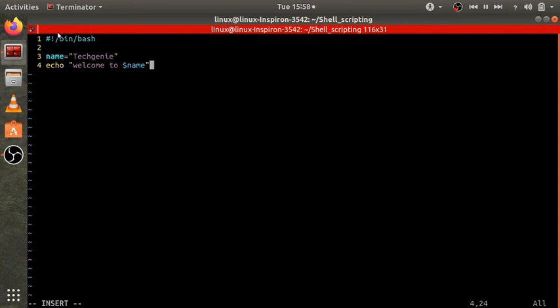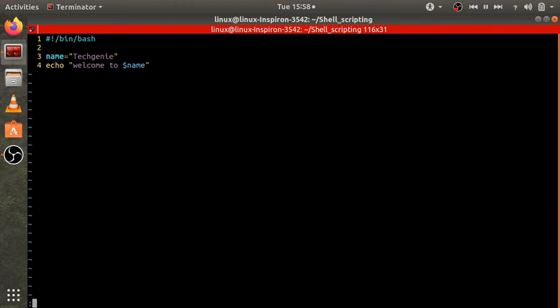This path given, /bin/bash, is the bash location. The name is the variable name where we have given a string, TechGenie. The echo is used to print the line which is stored in $name.